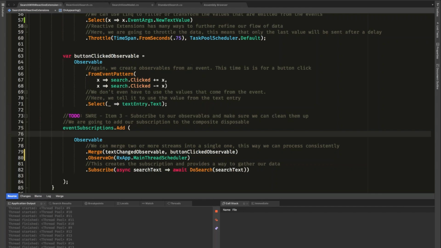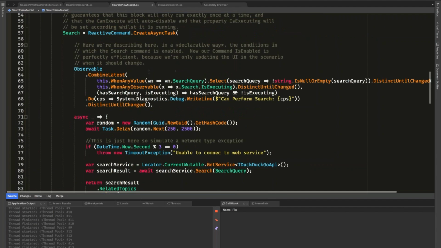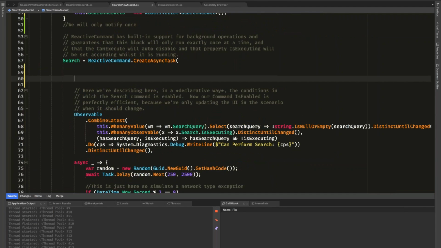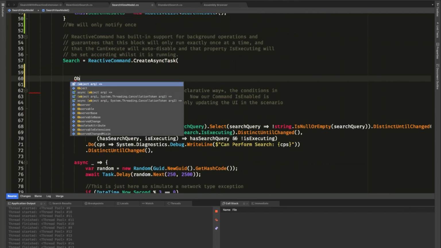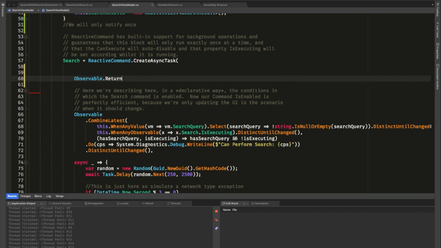Sure. There's lots of different ways you could do this. You can create observables. I'll come out here into our view model. If I needed to create something and fake it out, I could do something as simple as Observable.Return, and this just gives me a way to kick out a return value, and I can also give it a scheduler to run on. Say we're testing some kind of calculation, and I need an observable that's going to return a negative value. A simple way to do that is something like this: Observable.Return, and then I can have an observable